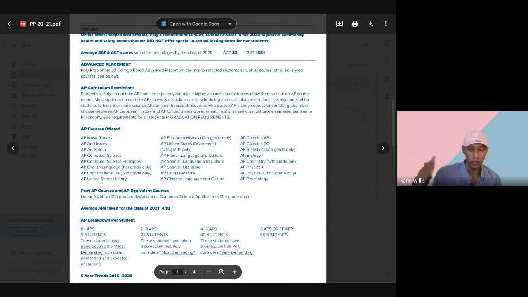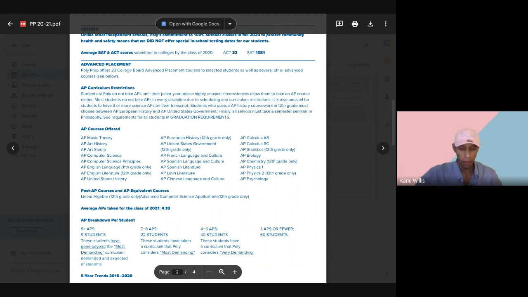Why is it important for a school to talk about the restrictions of your curriculum? Because sometimes you can't take all the great classes that you want to take. You can't do all the things that you want to do. Why? Because you have a schedule and you're limited, and that's important. Limits are important, because you can't have a kid taking